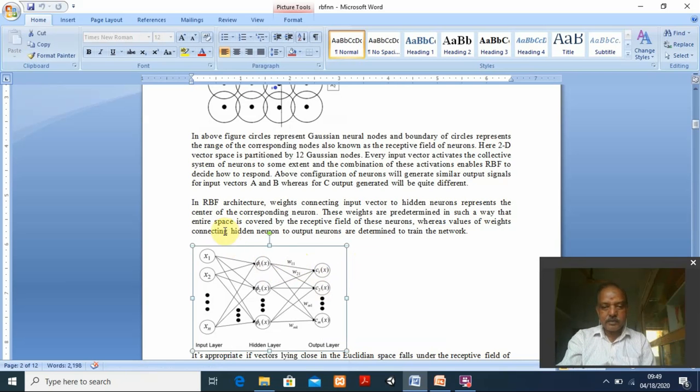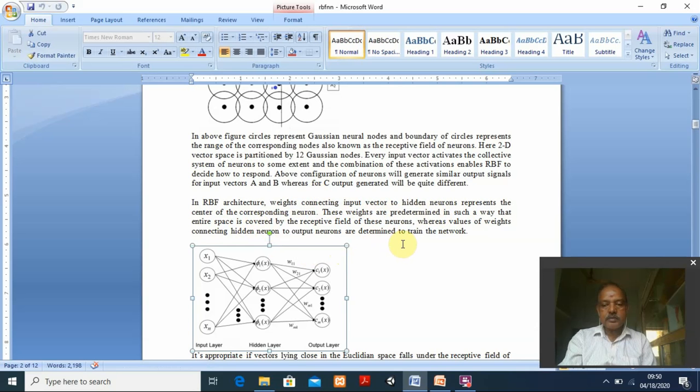The same thing is explained here in the RBF architecture. Weights connecting the input vector to hidden neurons represent the center of the corresponding neurons. These weights are predetermined. What I told you is that they are already defined in such a way that the entire space is covered by the receptive field of these neurons. Whereas the values of these weights connecting the hidden layer to the output layer,